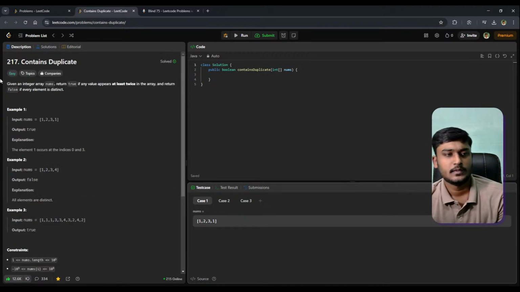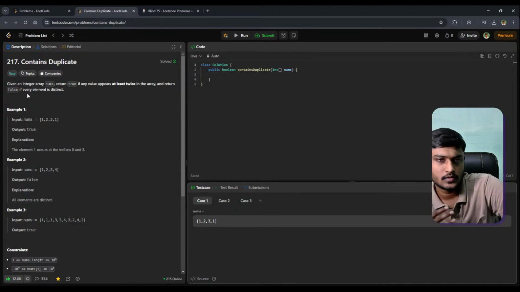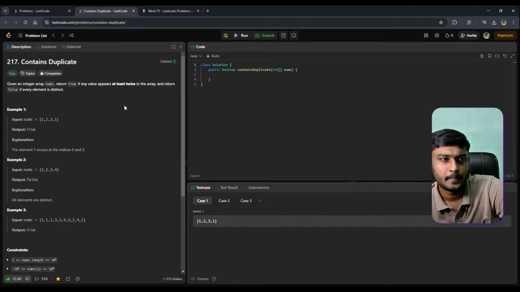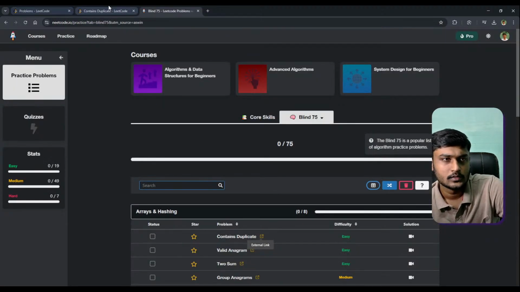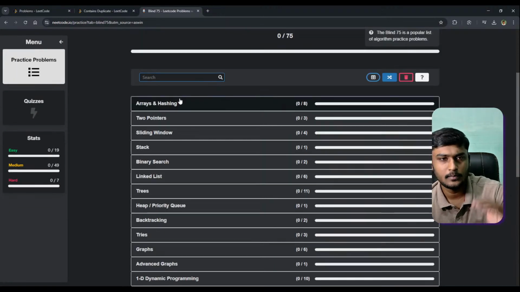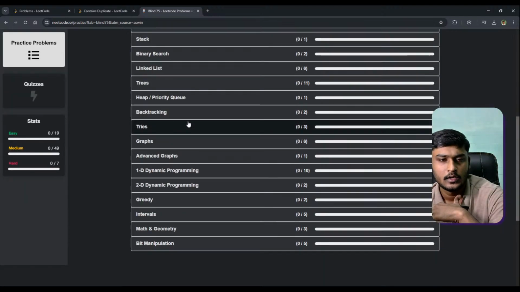What we'll do is we'll read the problem and understand how to approach it. I will be using Java to solve all the problems. In this stream I'm going to follow the Blind 75 list.